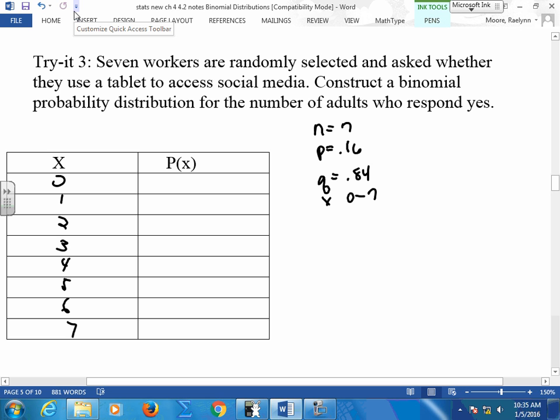Okay, Michael, you want to yell me out your probabilities? Oh, okay. Raven, your probabilities? 0.295, 0.393, 0.225, 0.071, 0.014, 0.002,